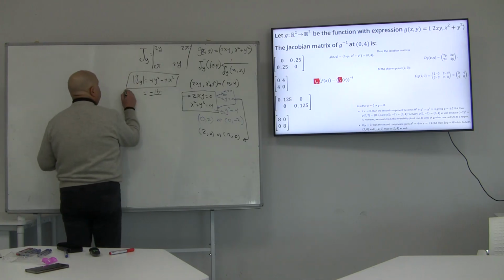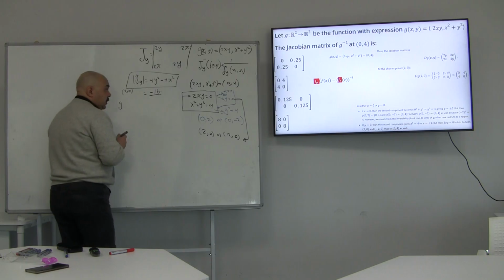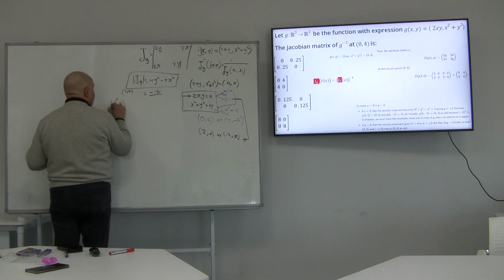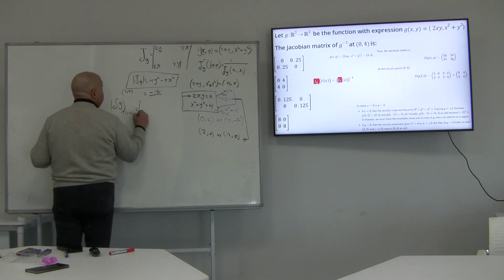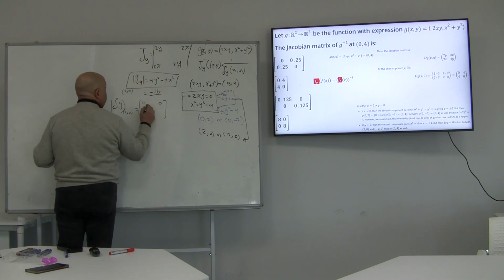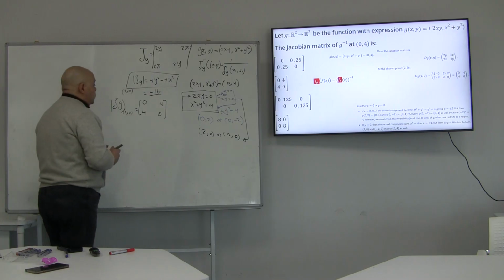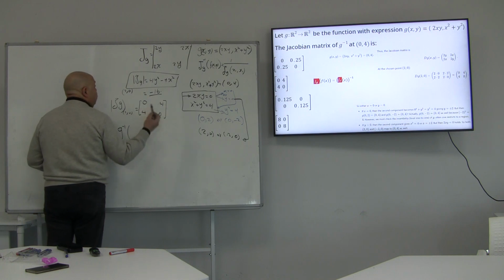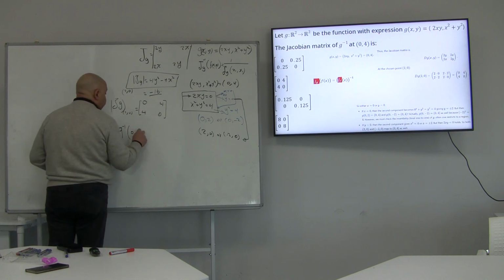Of course, the Jacobian of g at 2 and 0 will be 4 and 0, because you have y values equal to 0, and the 4. So this is the Jacobian. So getting the inverse J minus 1 at the point 2 and 0,